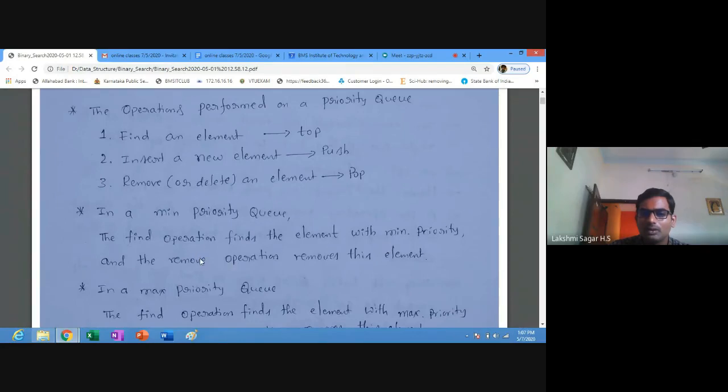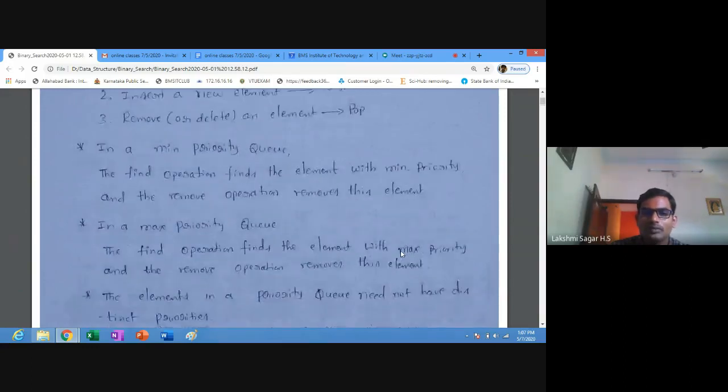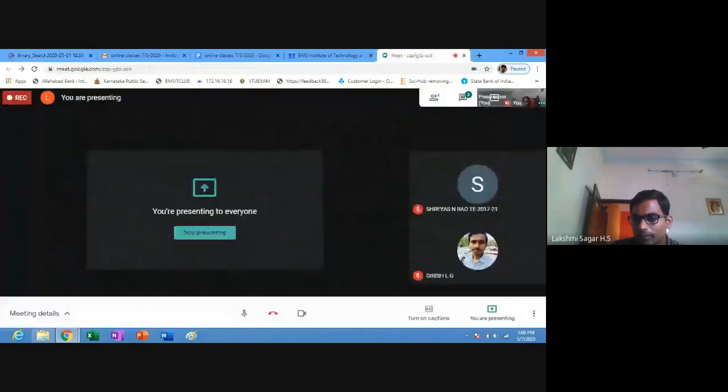Suppose you want to remove the element which has a minimum priority, so you can use a min priority queue. Similarly, in a max priority queue, the find operation finds the element with max priority, and the remove operation removes the element or value which has a max priority.